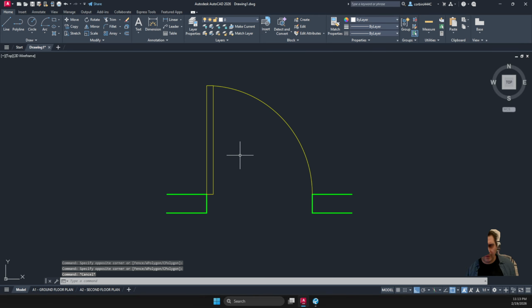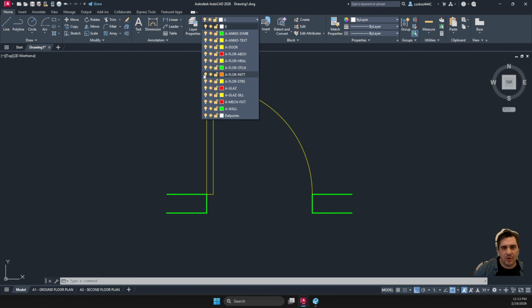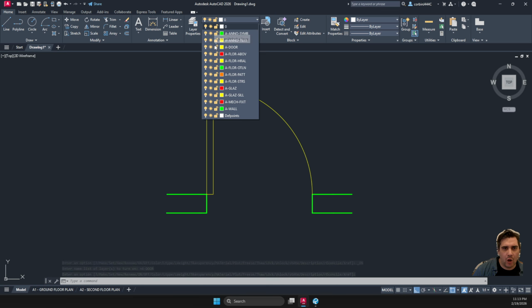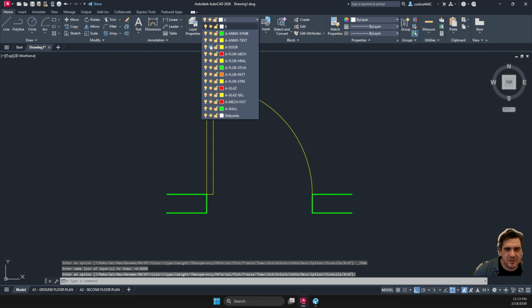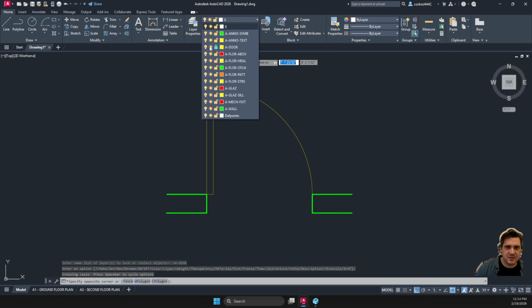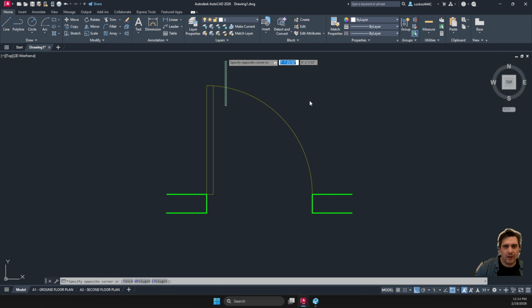And so one of the really cool parts about layers is up here we have these turn on and off buttons. So for example, I can turn off our door layers. We also have this freeze button and a lock button. So these are some ways to have control over some of those elements. Lock doesn't allow you to edit any of those layers. Freeze kind of leaves them in place but hides them. And then we have the physical hide